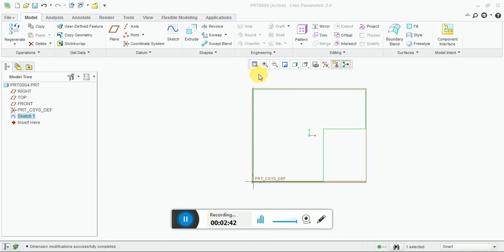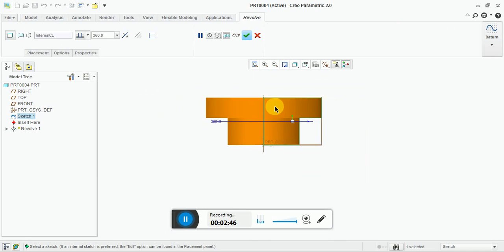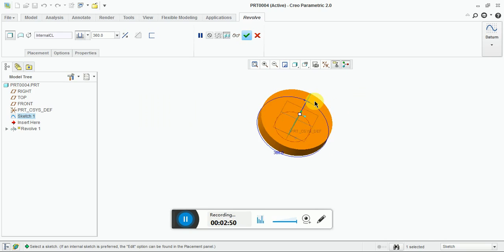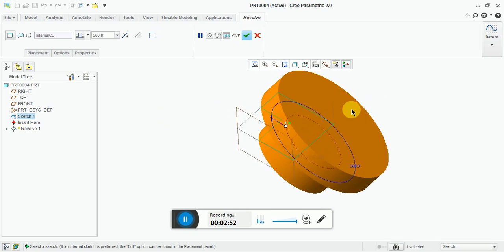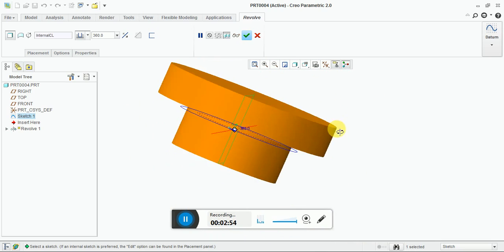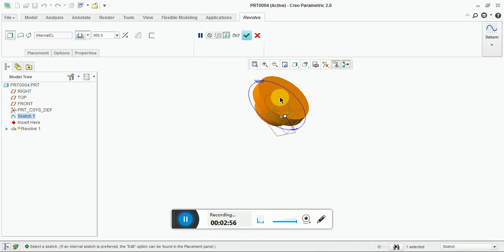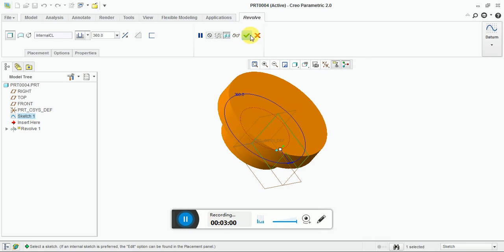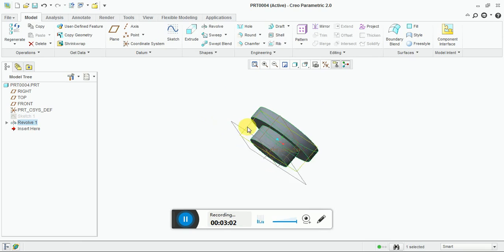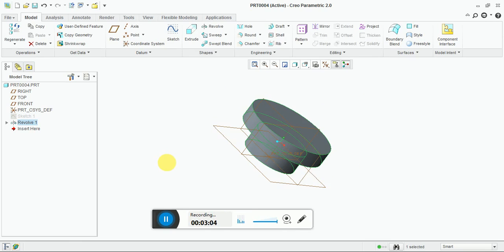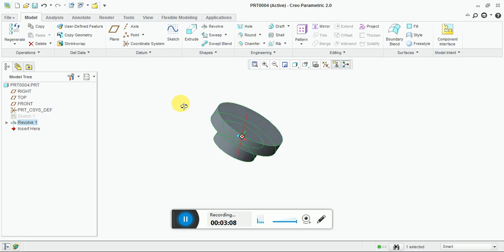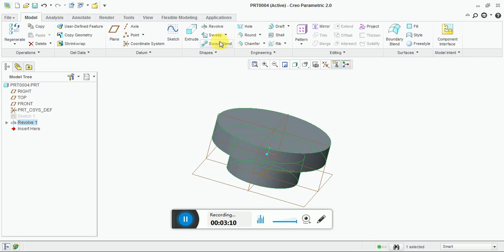So our sketch is completed. Then select the revolve command. This is the revolve command. So if you take the revolve command directly on the sketch, the revolve feature appears directly in the graphical user interface. So this is a simple method by the sketch option. This is the first method: you draw the sketch, then you use the revolve command.